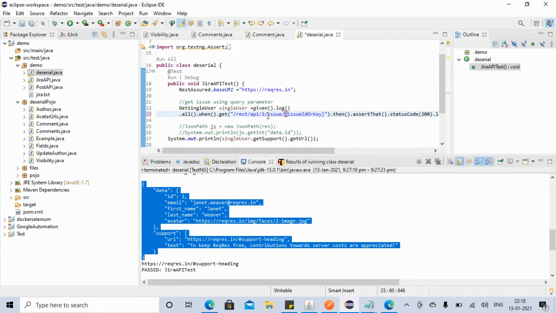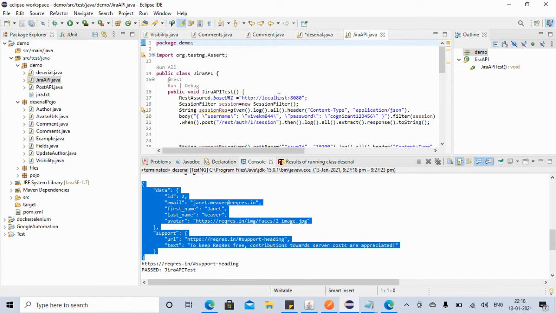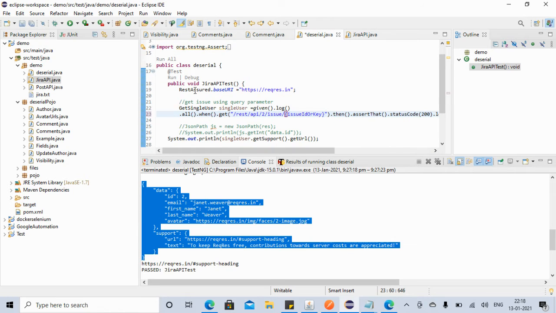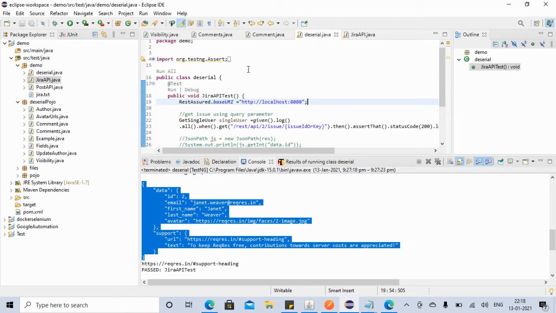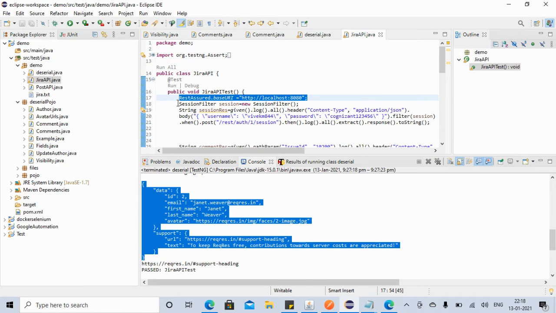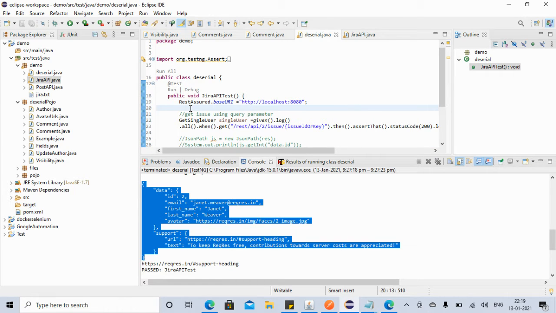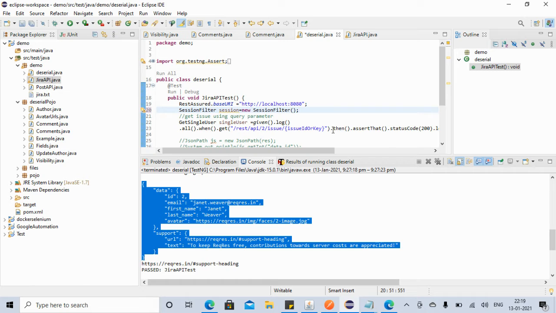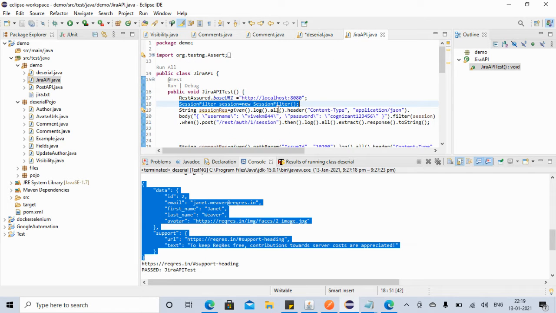Then if you go to this Jira API, we have to provide this URI, because it's a Jira API, so we are using that now. Also, I'm just copying it. I have already explained this. We also need this session filter because we need to authorize ourselves. So I'm just copying it also.